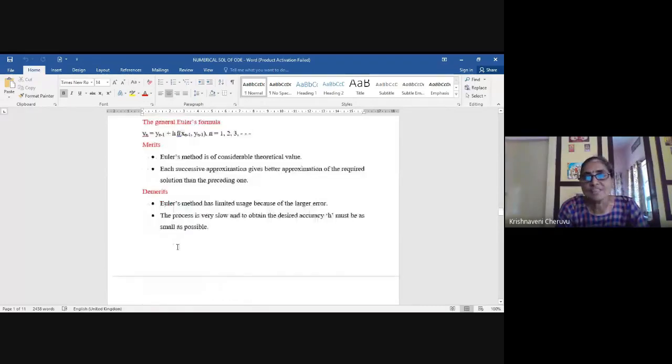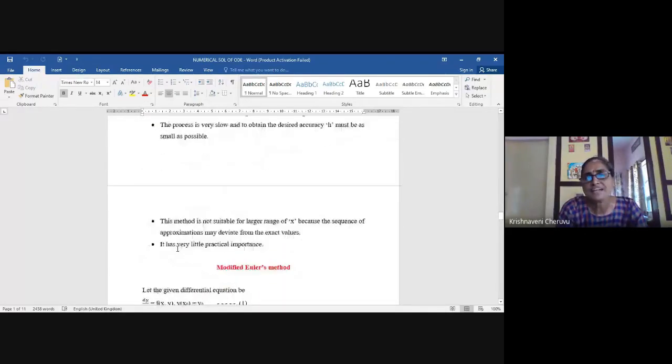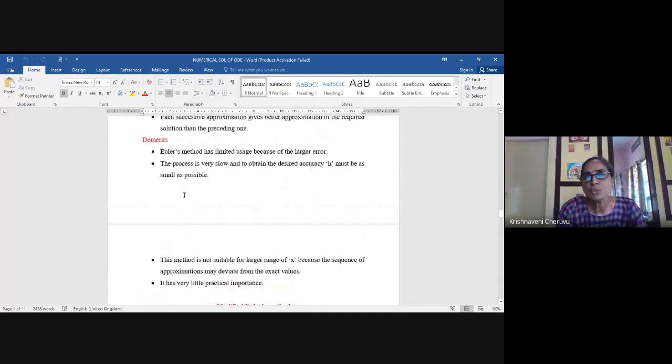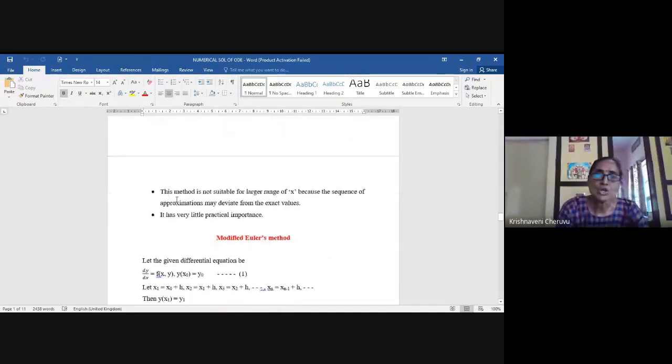Now let us move to the second method, girls. We have 2 more demerits, girls. Now see, I told you this method is of limited use because of large error, and also it is a very slow process. It takes a number of iterations to get a better approximate value. Moreover, if there are so many values of the argument, you better not make use of this. For x0, x1, x2, x3, x4, up to that it is okay. But when you have a larger range of values of x, maybe more than 10 or 12, you need not go for this method, unless otherwise specified.